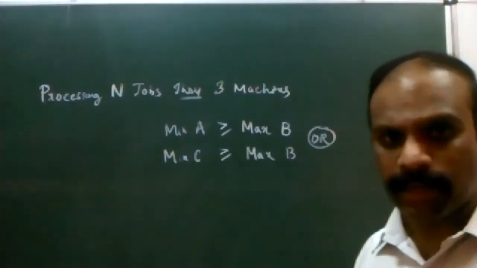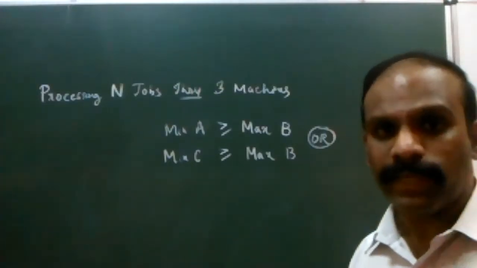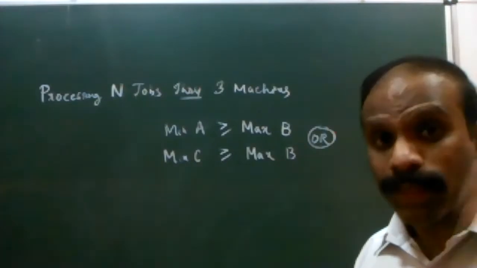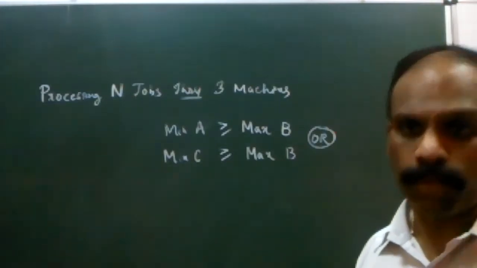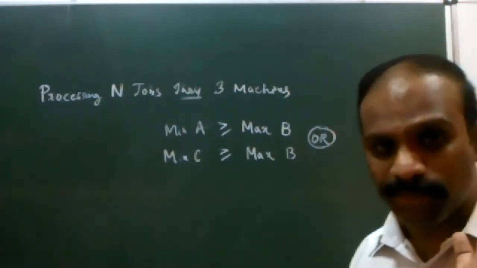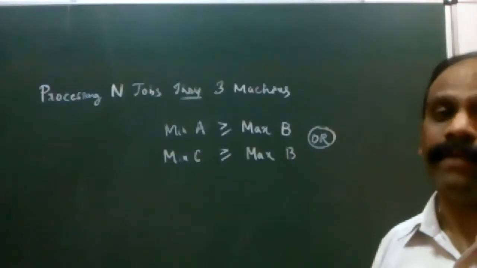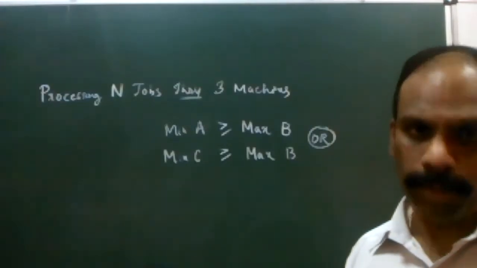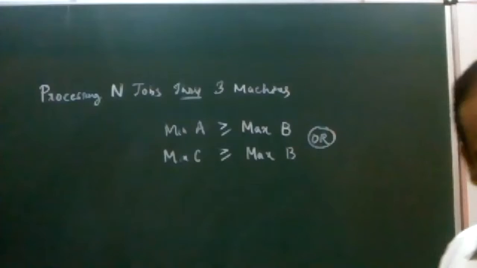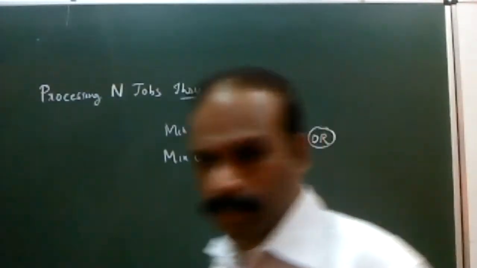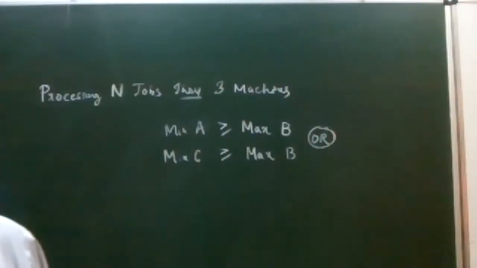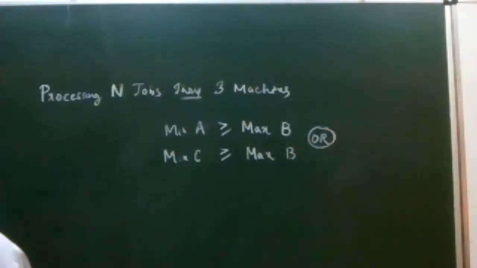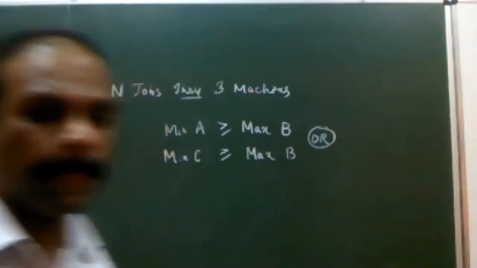Are you understanding clearly? You are supposed to verify this condition before we convert the problem into a 2 machine problem. Unless this condition is verified and satisfied, we are not supposed to convert a 3 machine problem to a 2 machine problem. Is everybody clear with this step? Everybody understood how we check the prerequisites of sequencing? Have you all understood this step?